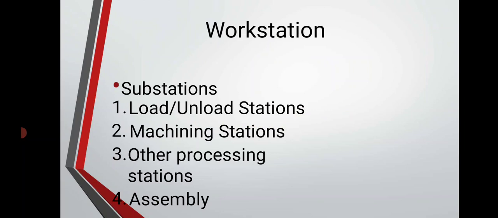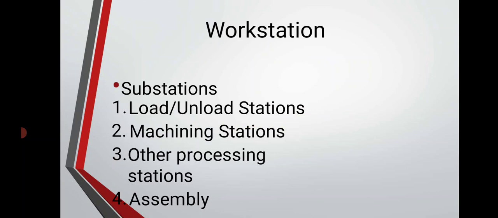The different types of workstations include loading and unloading stations, machining centers, assembly workstations, inspection stations, and other processing stations. The loading or unloading station is the physical interface between the FMS and the rest of the factory. At the loading station raw work parts enter the system, and at the unloading station finished parts exit the system. The machining center is a multi-purpose CNC machine tool that has automatic tool changing capabilities.